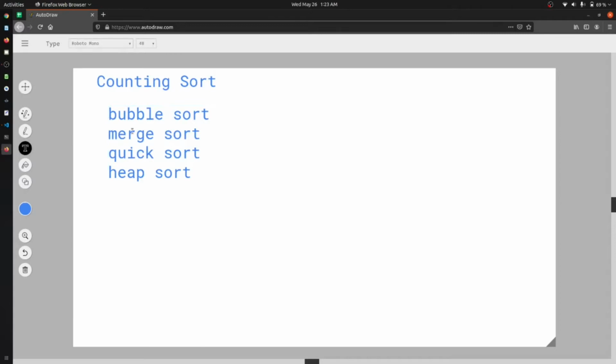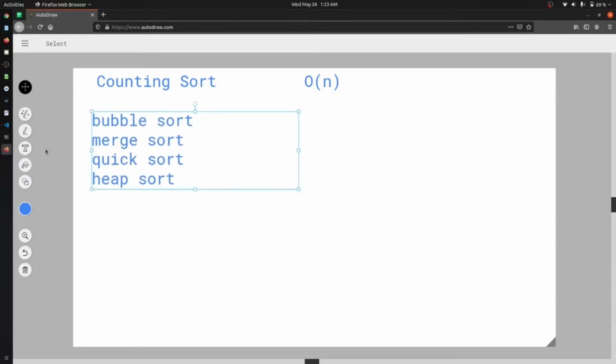The one thing that counting sort solves is that it sorts the array in order of n time. Okay, but you can say that any of the sorting algorithms present today in this world can solve sorting at best in order of n log n. So how is it possible that an algorithm can solve something in order of n?